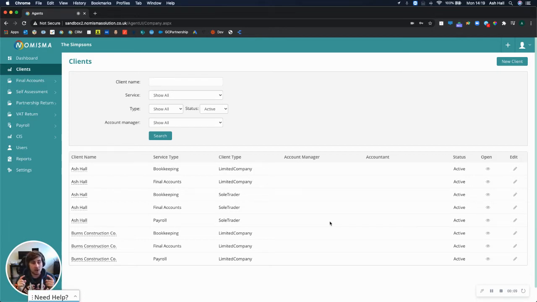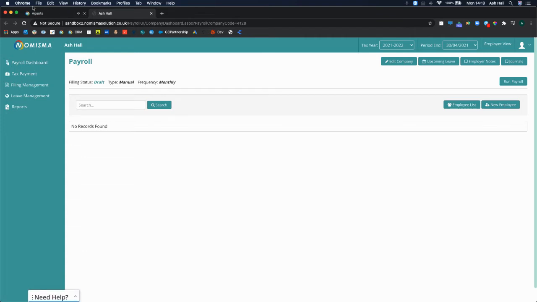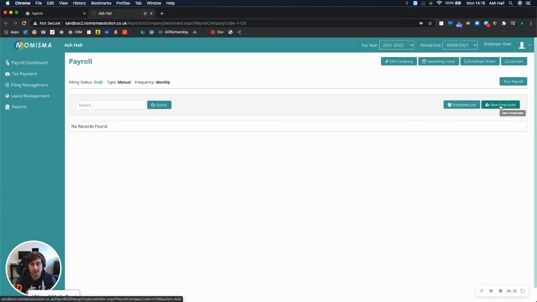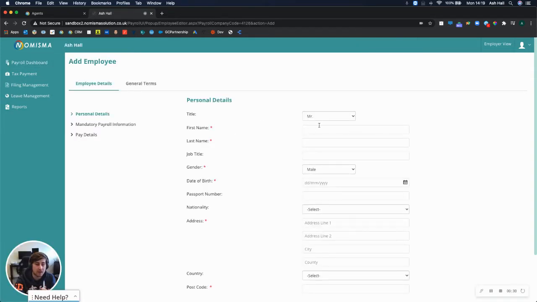So right now, I'm on the client section of the Nomisma platform, and you can see here I've got a sole trader named Ash Hall with the service type payroll. So I'm just going to drill down into that sole trader and go to their payroll profile. On this page, you can see I've got a new employee button. So I can select a new employee, and I'm going to go through the process of adding myself to this